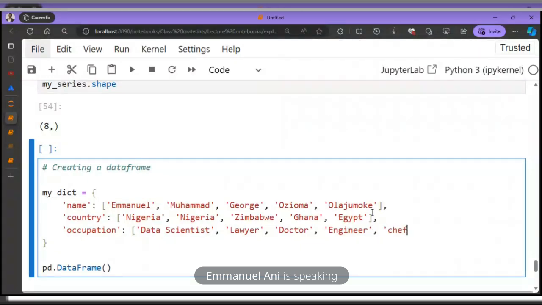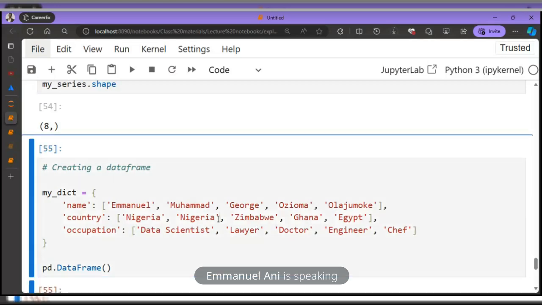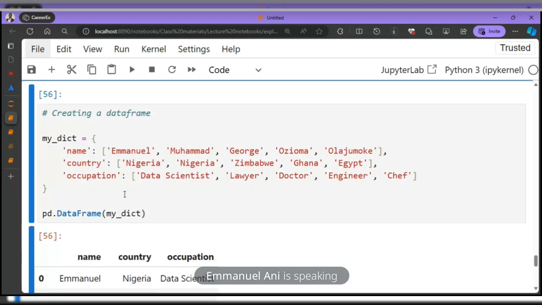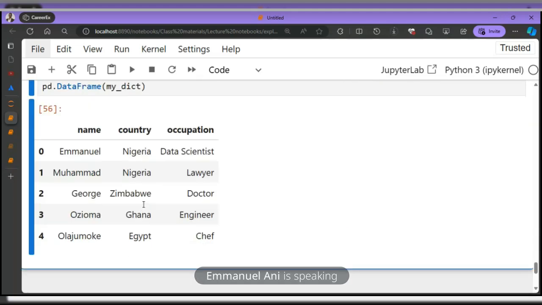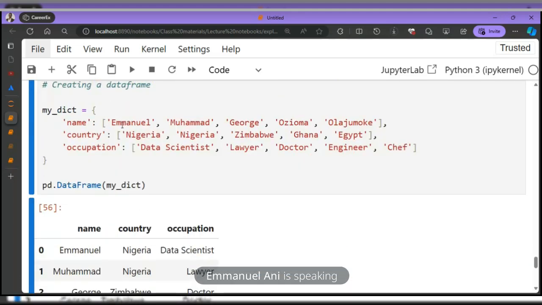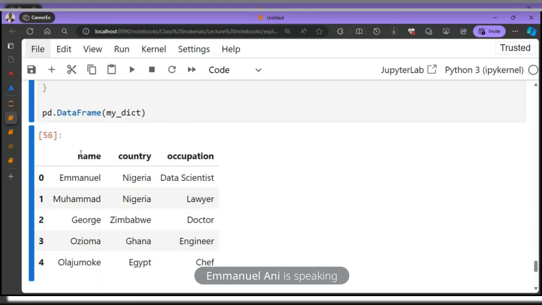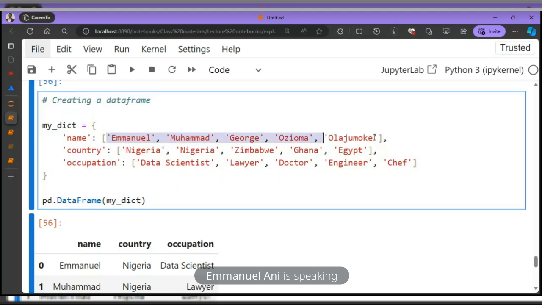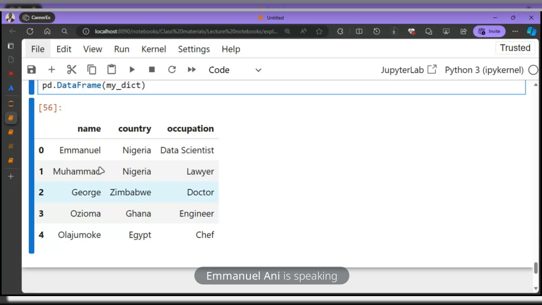All right. So these should correspond to the others. So we've created a dictionary of key and value pairs, right? We can now run it and then pass the dictionary to our data frame. So if I come here and say my dict, Pandas will automatically convert the keys that we have here, name, country, and occupation, to the columns, all right? And then it will take the values for each key and make them rows, right? It automatically assigns a row index to this